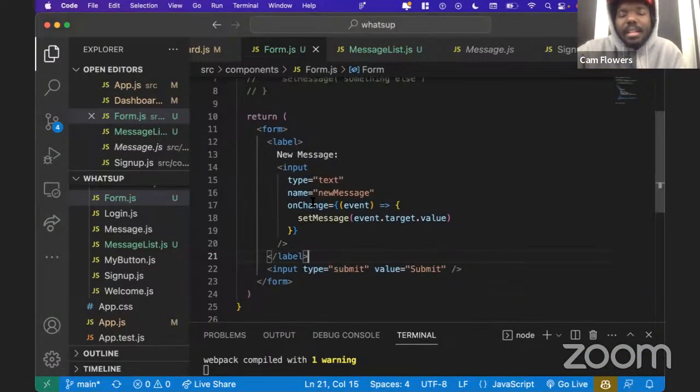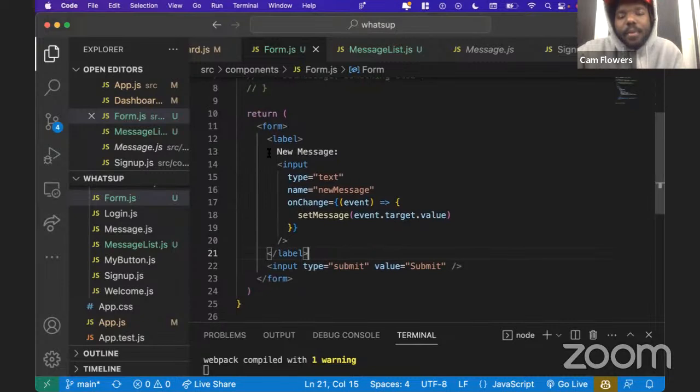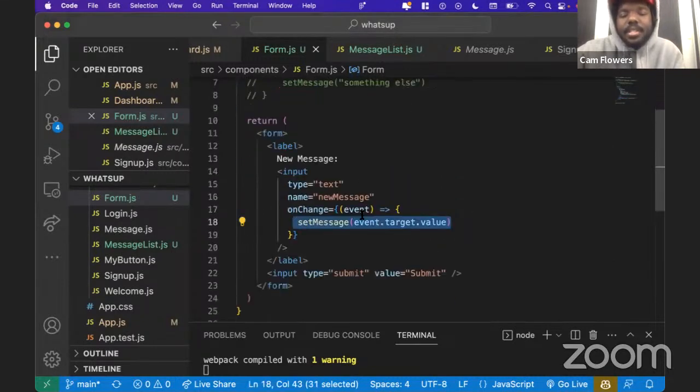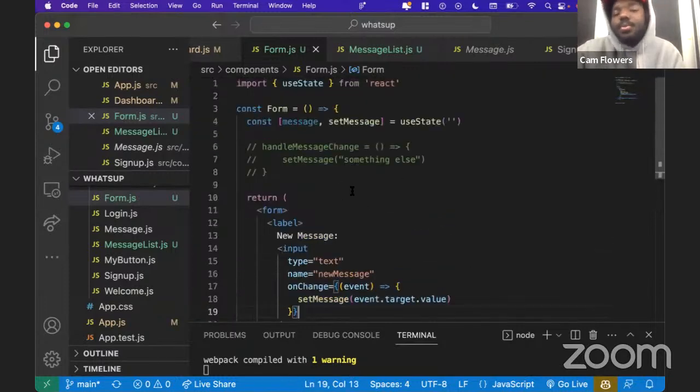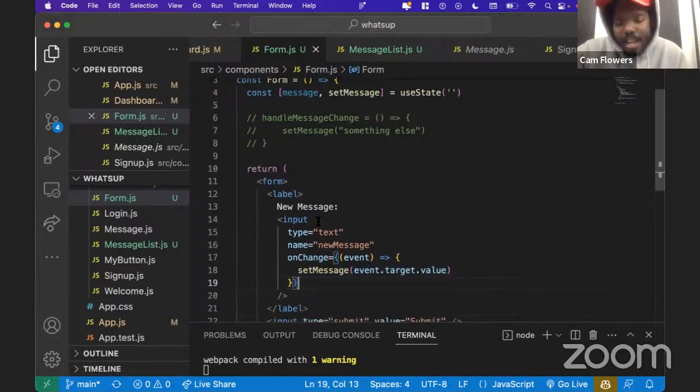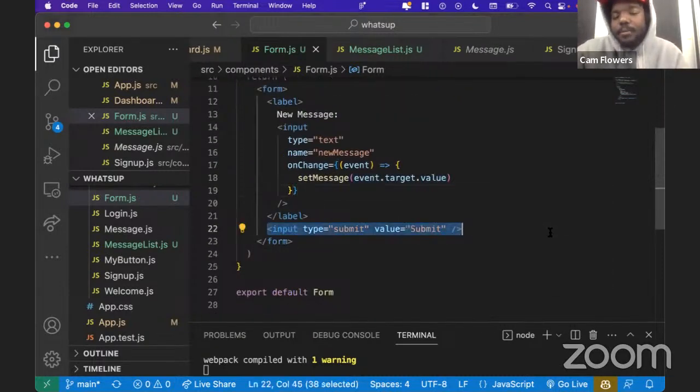So a lot of the logic in our form is kind of done, right? We have the ability to take the message, we have it set in state. Now we just need some way of making it so that when the form button gets submitted, we can keep track of this message and send it to our message list. So for now, let's just handle the case of the user submitting the form. So if we use the input submit,